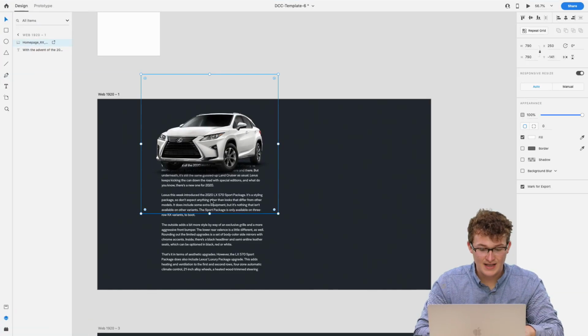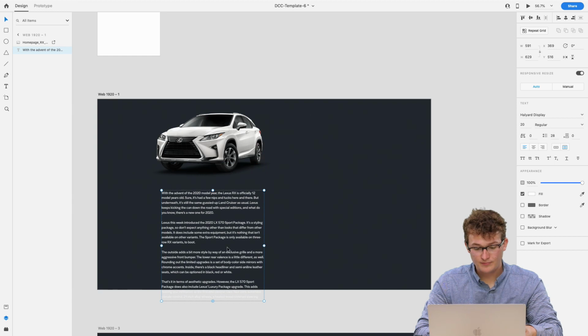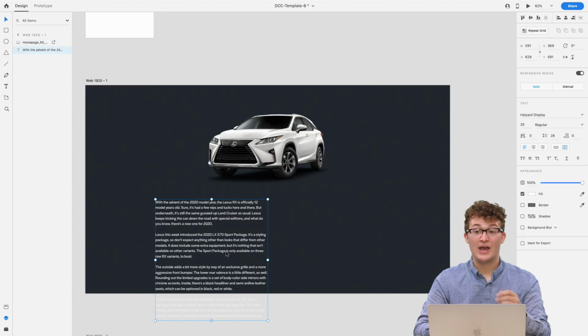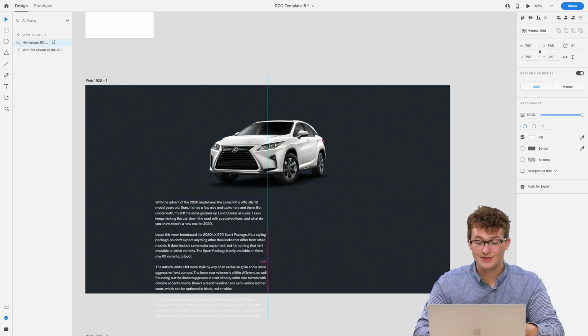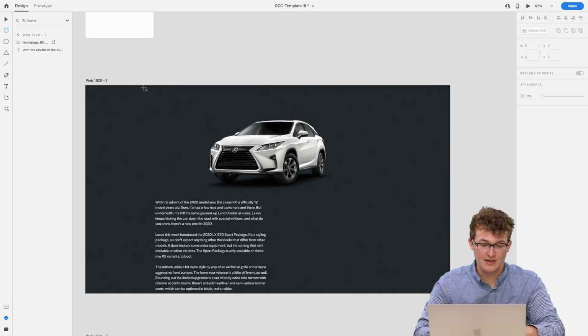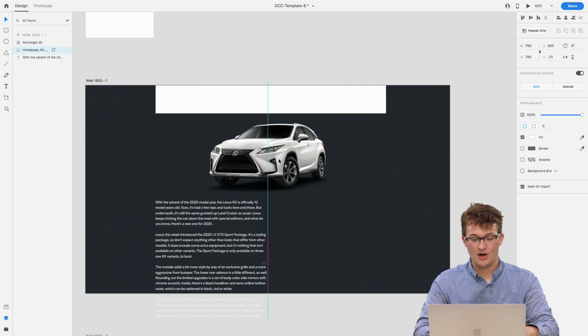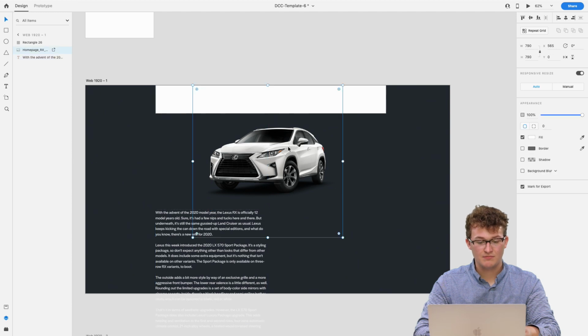So here I found this Lexus, and I'm going to be designing a page here. Perhaps you have in your design multiple images, right? So maybe not just one, and probably even a header for this web page as well. We're going to be doing 2 columns. So like a section on the left with our information about the car, which is just like a little article